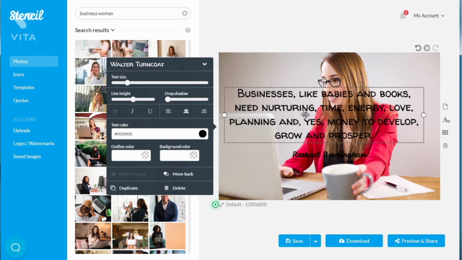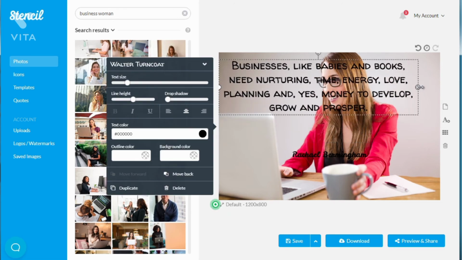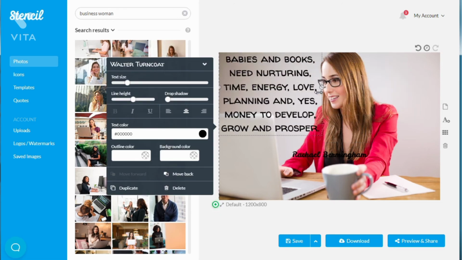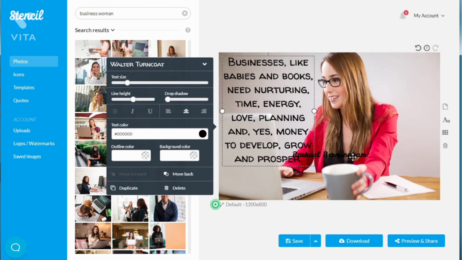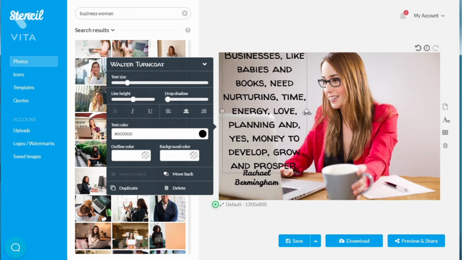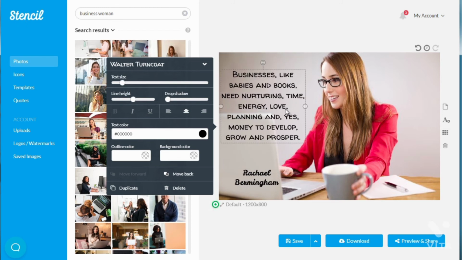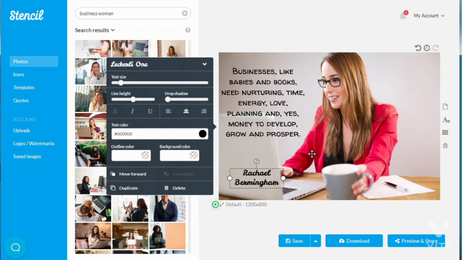Now, obviously, you cannot read that, so you're going to need to play with it a little bit until the text fits in like that. And then maybe the size is just too big, so we get that there. And then maybe we put that here, like that.